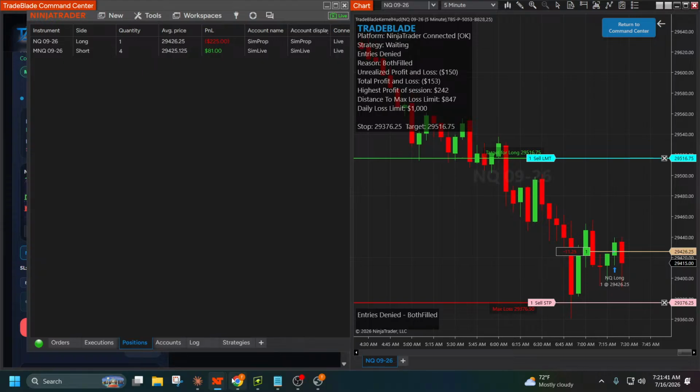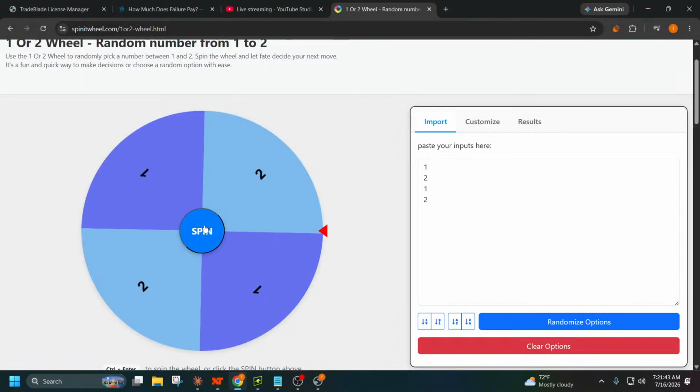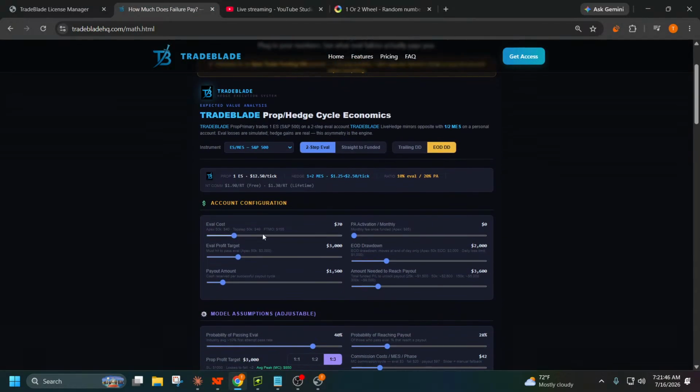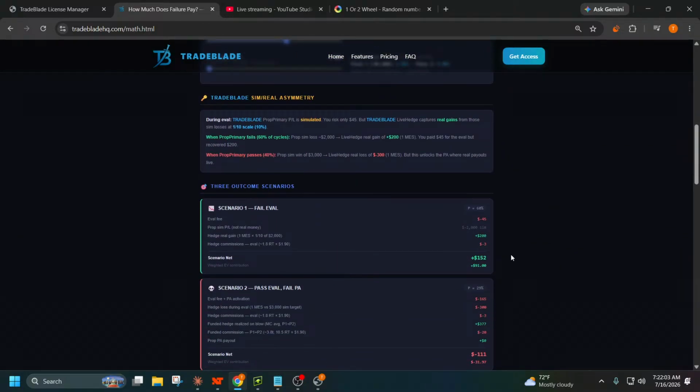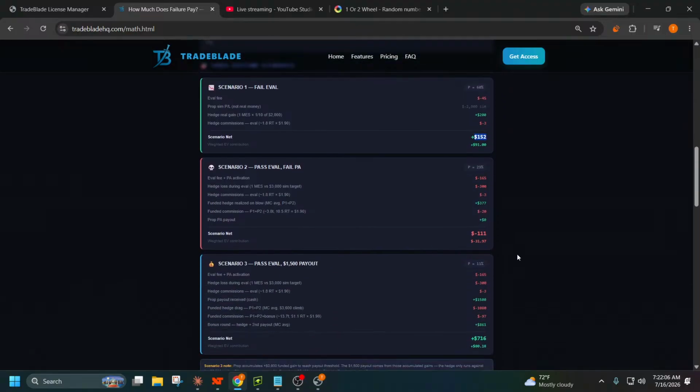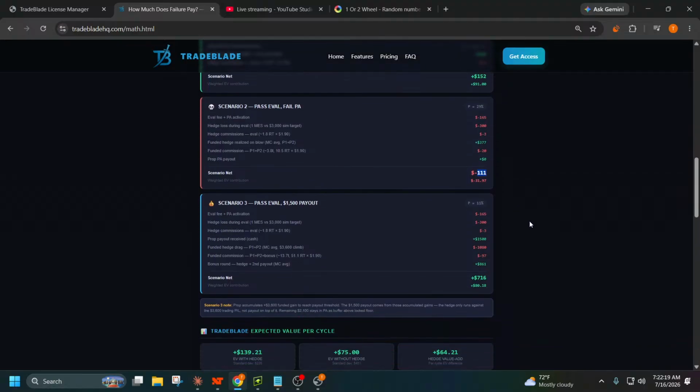If we, and this is the dilemma, guys, I'm going to bring this up to our math page here. Let me set this to the current prices. It's 45 for the eval cost right now, and it's 120 for the PA activation. So they're kind of squeezing us a little bit on our profits. This should be 157. It's 152. This should be like 89, or this should be 91. It's 111 because of the extra $20 for the PA activation. So anyway,